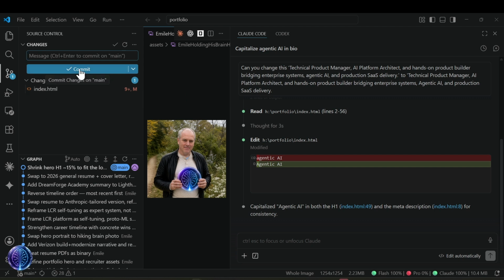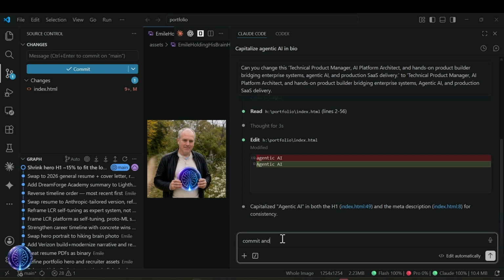And you can click commit here, but you can also tell your agent. So let's say commit and push. And as I do this, I'll switch over to Vercel so that you can see how it's building. Hopefully we catch it in time.